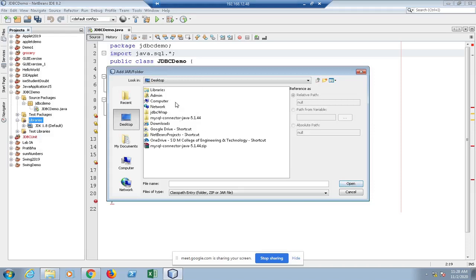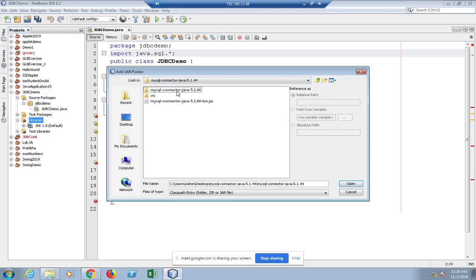So browse your machine wherever you have downloaded and extracted the zip file. It is on desktop. Go on opening the folders until you find this jar file. So now I found that .jar file, MySQL connector with jar extension.